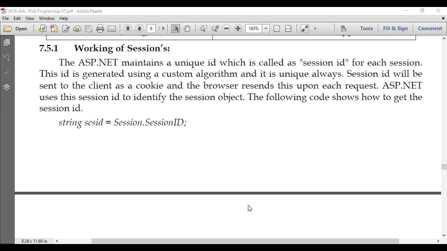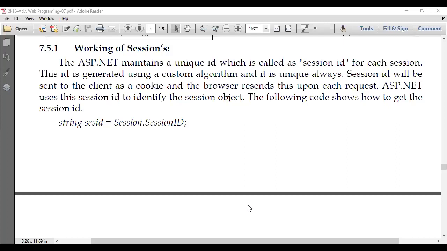So what does session do? Session maintains a unique ID for each user interaction. This ID is generated using the custom algorithm of that particular technology. For us right now, it is generated by the .NET custom algorithm, and PHP, JSP and every other web programming language generate it using their own custom algorithm.